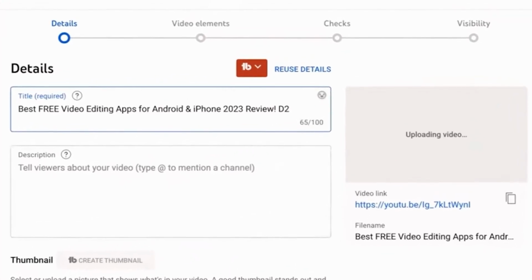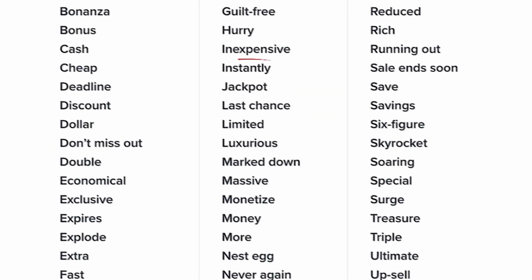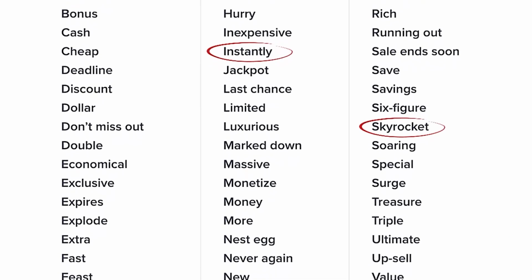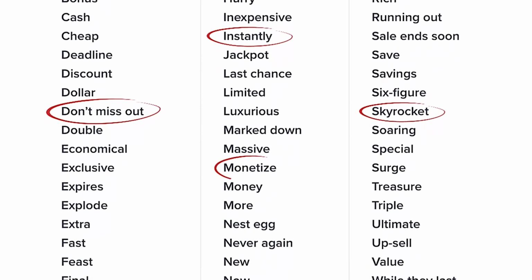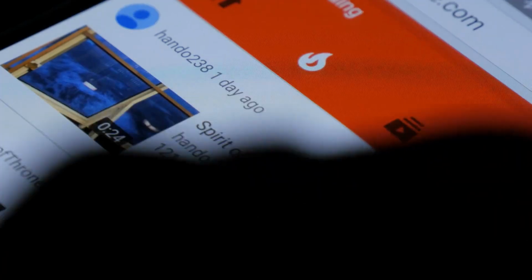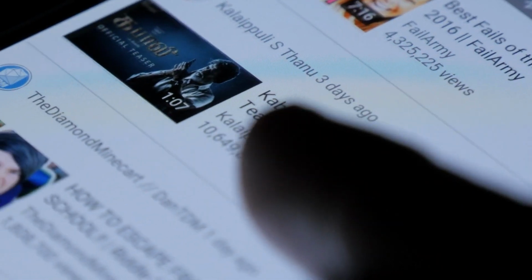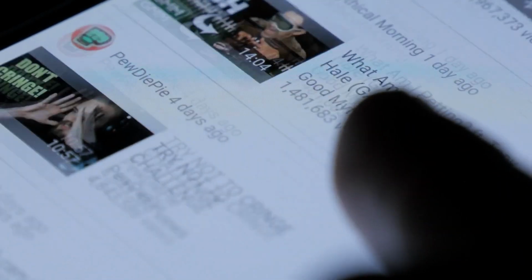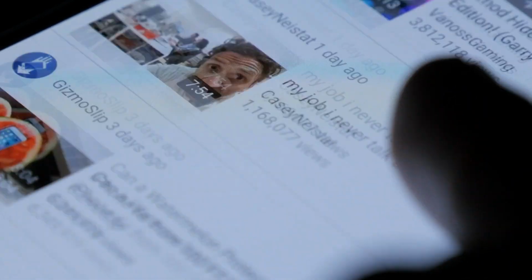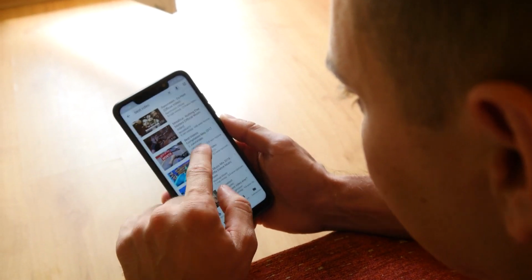One valuable tip is to keep titles short and easy to read. While it's understood that titles should contain important keywords, unnecessary stuffing should be avoided. It's recommended to limit the title to under 70 characters for two primary reasons. Firstly, in the fast-paced environment of YouTube browsing, viewers have limited time to read each title and thumbnail. A concise title is more likely to capture their attention. Secondly, titles exceeding 70 characters may get cut off, particularly in the suggested section, where titles are truncated after 40